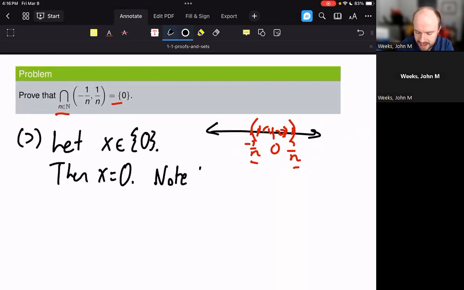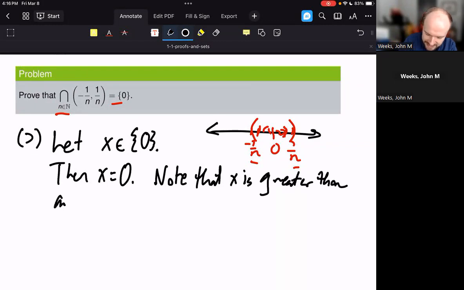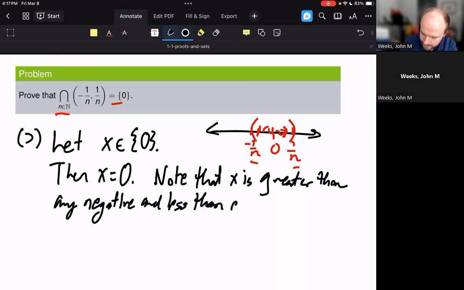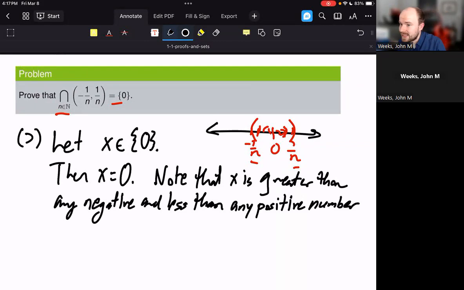Note that X is greater than any negative number and less than any positive number. That is the notion of 0. Remember that that's by definition a positive and negative. A positive number is one that's greater than 0, and a negative number is any number that is less than 0. So if X is equal to 0, it's greater than any negative number, and it is less than any positive number. In particular,